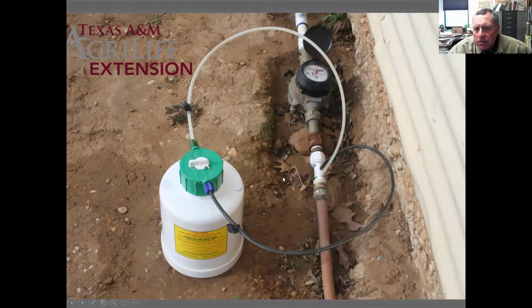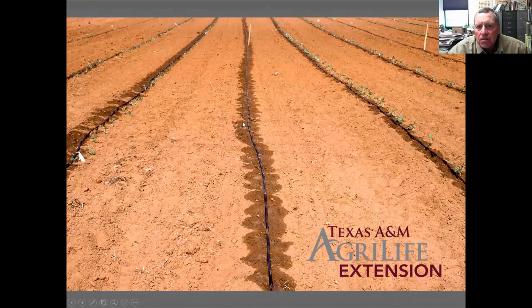And so if you can inject your fertilizer into your lines, you can probably save a quarter to about a half the amount of fertilizer that you may need. So if you can inject it into these drip lines, realize with drip irrigation, you're putting the water right where the plant needs it. So that means the nutrition is going right there as well. And so fertilizer in the water through drip is a very, very good system and one that